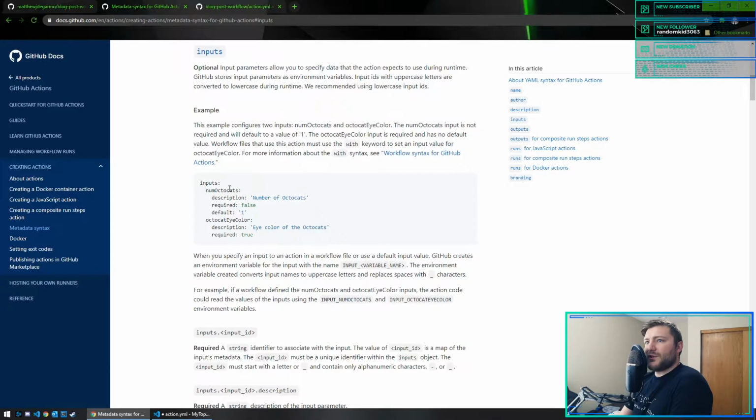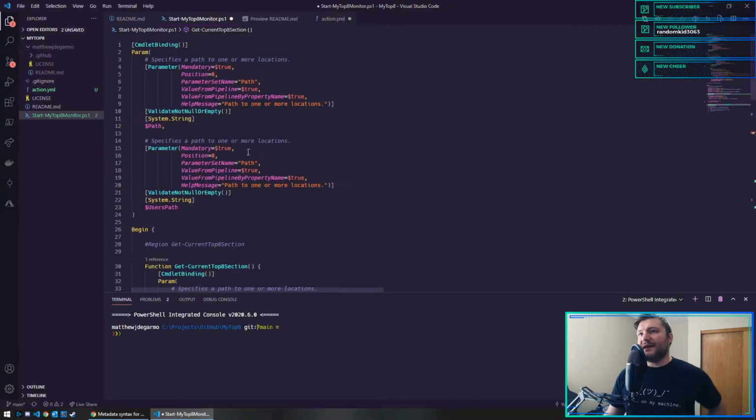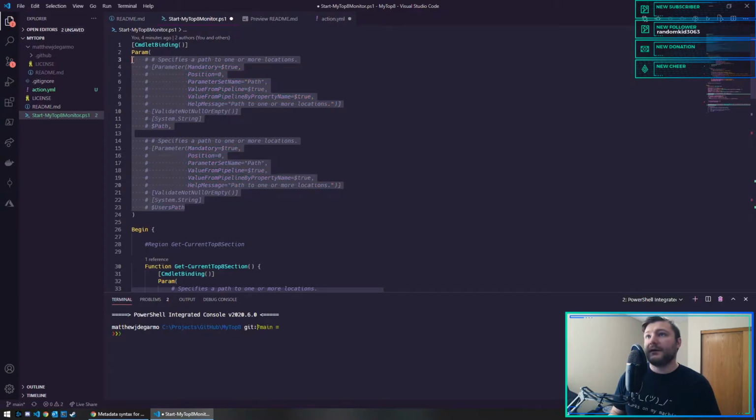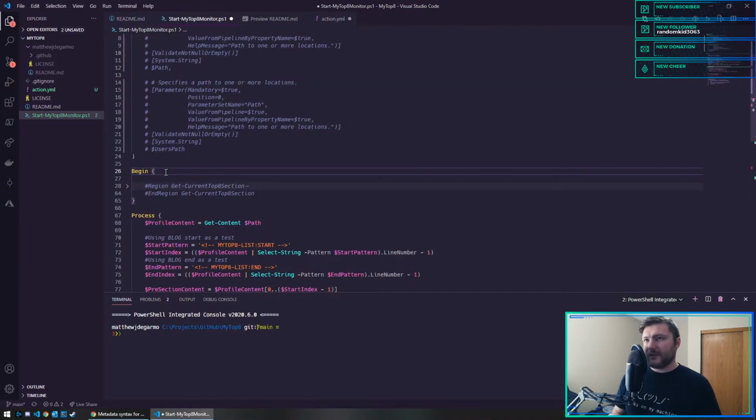So it would turn this into a PowerShell environment variable that looks like this. That means I don't have to have these parameters. Let me comment this out quick instead of getting rid of it. So in my begin,